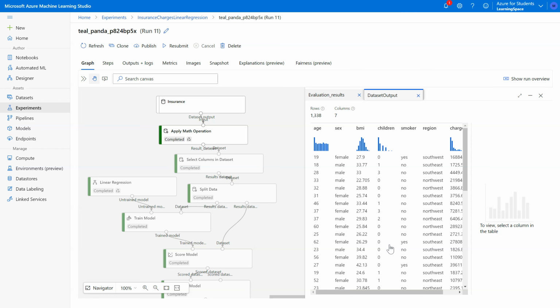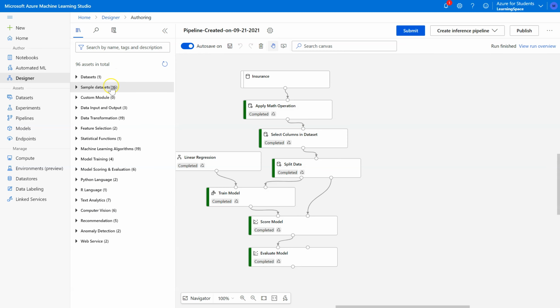And sometimes with these ordinal variables, where it is rank ordered, but the difference between each value is not necessarily conceptually the same, sometimes we'll convert them to categorical variables and see if that improves the accuracy of our predictions. So to do that, let's go back to our pipelines or designer,